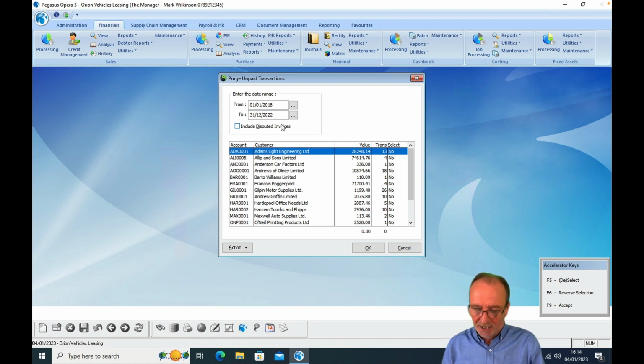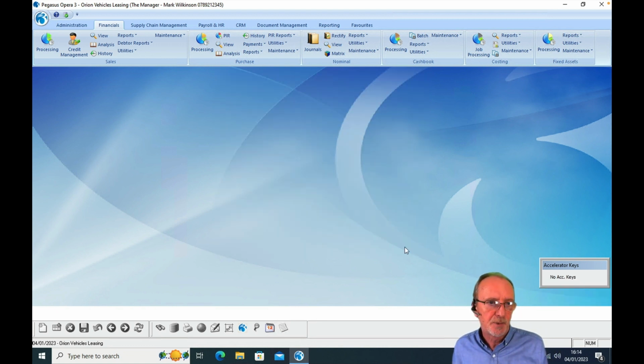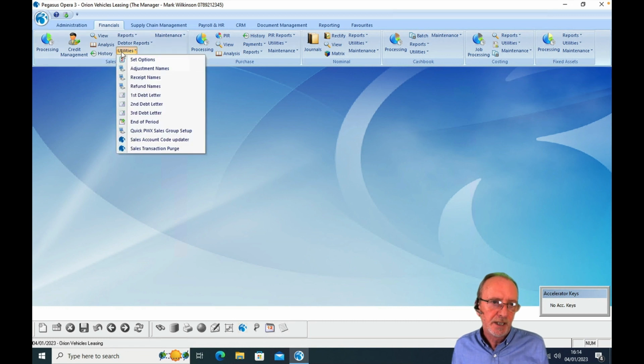If you were to load this, like I say, it will look at the oldest transaction that you've got, take you right up to the current date, and then present you with those values. If I was to change the dates here, then that list would change considerably depending on the transactions that I've got. But you will see all those accounts where we've got transactions on them. Now, when it purges, obviously you want to make sure that it's going to make the adjustment on your sales ledger, but also your nominal ledger will need to be adjusted. So just before I move on and run that particular function, I'll show you under the utilities,